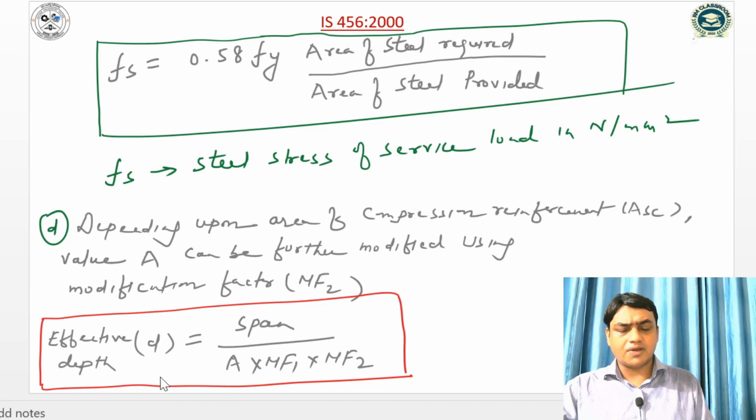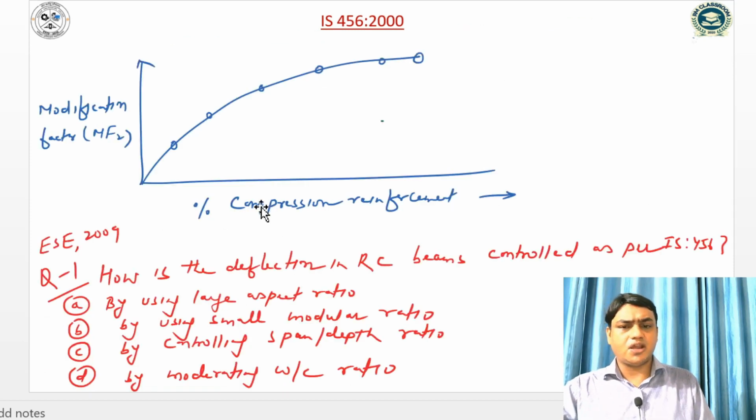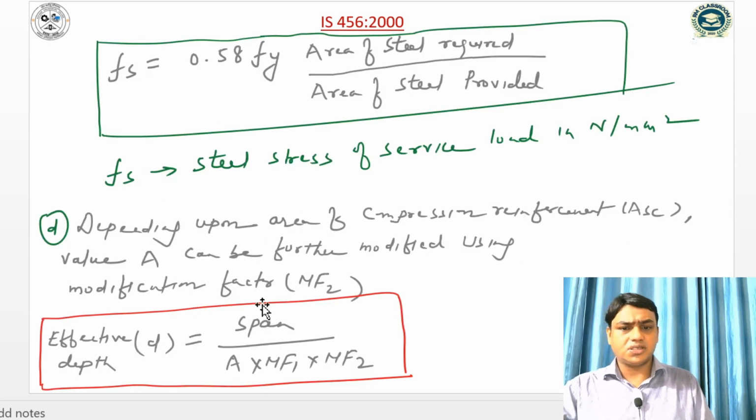the curve is given in another IS code figure, that is the curve between the modification factor 2 and the percent compression reinforcement. Here, with the help of this compression reinforcement, we can read the value of modification factor 2, and this value should be multiplied to the modified A value. So here we can see that span by effective depth is equal to A into MF1 into MF2, and as I told you, A is the value for simply supported beam,